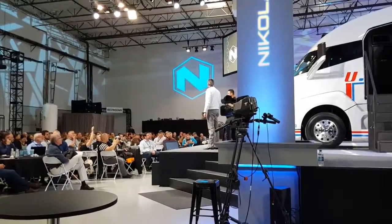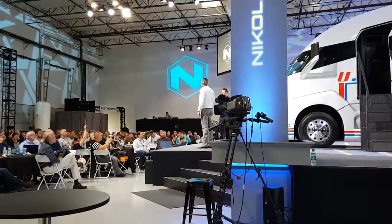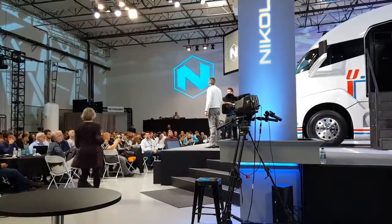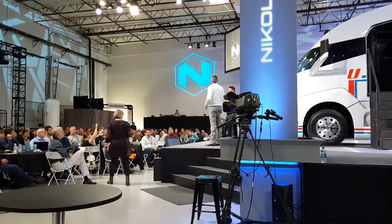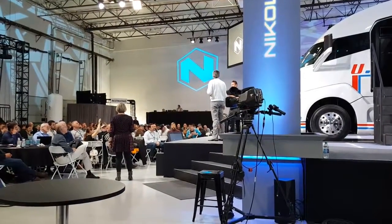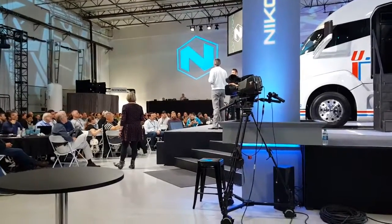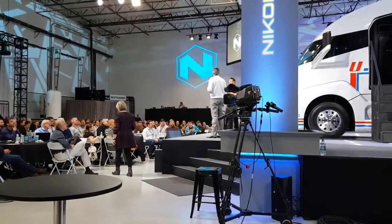Yeah, good questions about fuel taxes and pressure on the truck. So this truck right now is slated at 5,000 psi. There are different levels you can go to. You can do a 5,000 or around a 10,000. They're working on higher standards. The advantage of hydrogen is you can keep on compressing it and putting more in, unlike natural gas, where as soon as you get up to about 4,000 psi, the advantage of compressing it doesn't help much more anymore. But because the truck has so much room, and the cost of the tanks is very expensive,